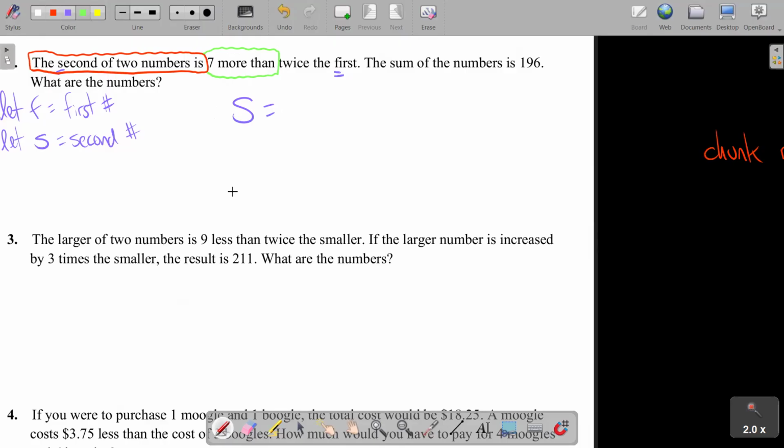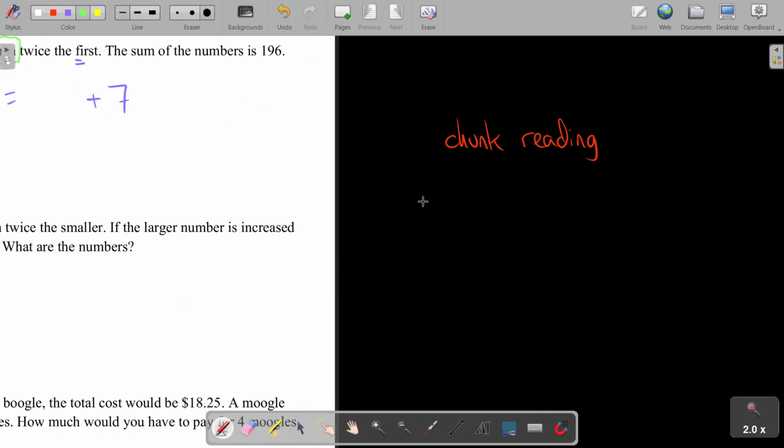Multiply by 7. Nope. Add 7 is correct. Notice that I am not going to write 7 plus. I'm going to leave a space and put plus 7 at the back. Anytime you see this word,